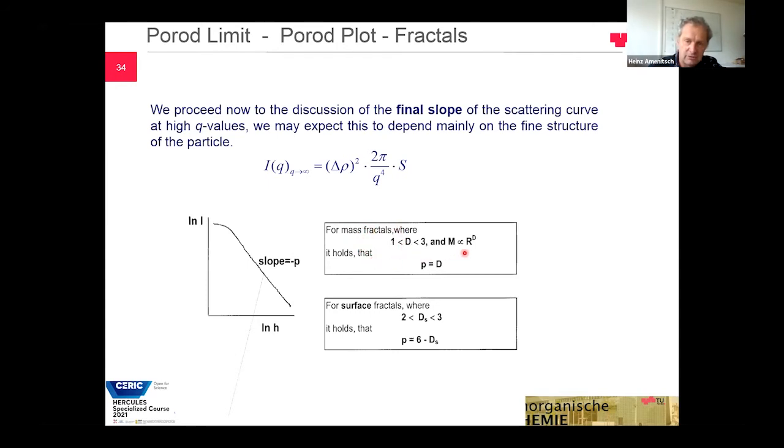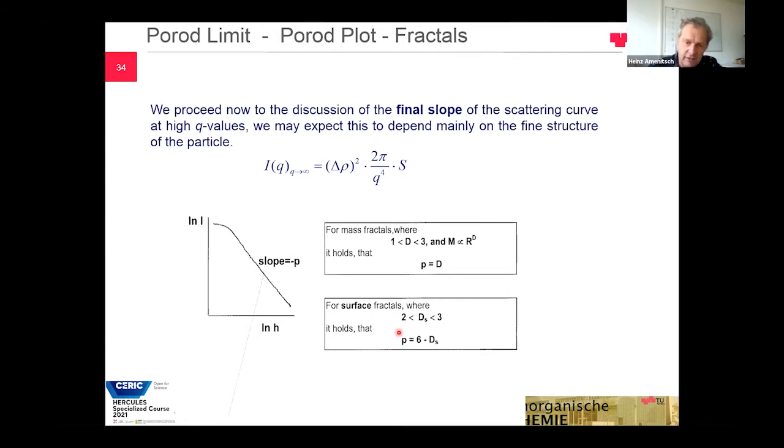The mass is not proportional to the power of three, but is changing with a different power law behavior, and this can be measured directly from the Porod slope with small angle X-ray scattering. And then you can also have surface fractals,